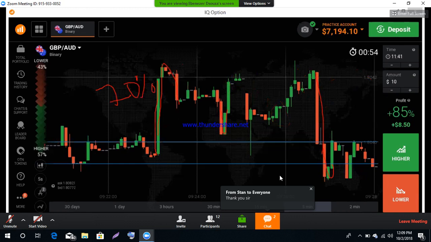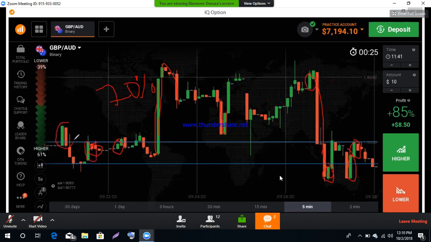You can't take these candles as a confirmation. This one also, these are very weak candles. You can't take these weak candles as a confirmation. Always take this type of confirmation, and this one too. Sometimes you can take this one too, this one and this one. So these are strong candles. We can take these as confirmation candles.